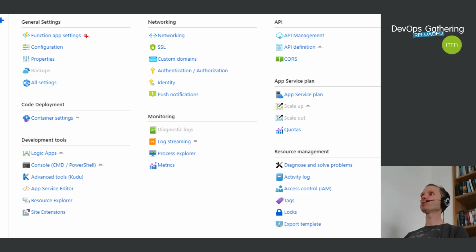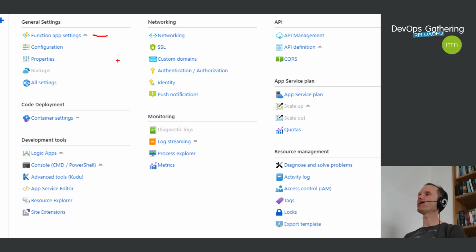What you see here, you can do some app settings. App settings could be, for instance, some settings for applications, some connection strings to databases or API keys for downstream backend microservices, things like that. It's important to understand that these function app settings are really tightly integrated into Azure's Key Vault. So please remember that you should never ever store critical secrets in plain text in function app settings. You should always store your secrets like API keys and so on in Key Vault and then just refer from these function app settings to Key Vault.